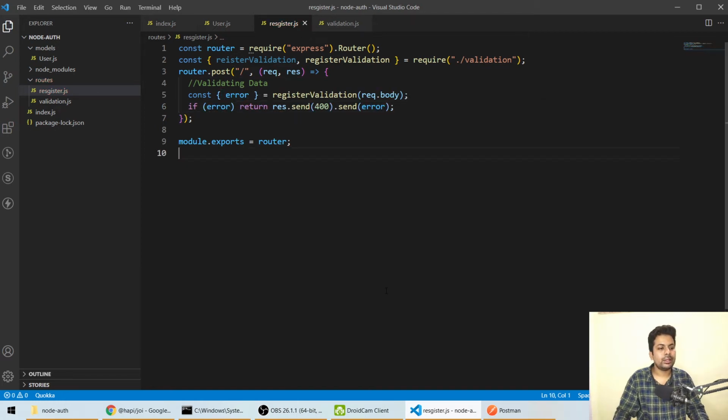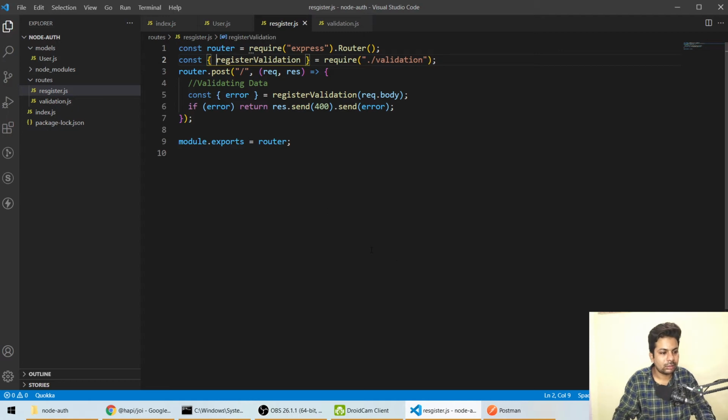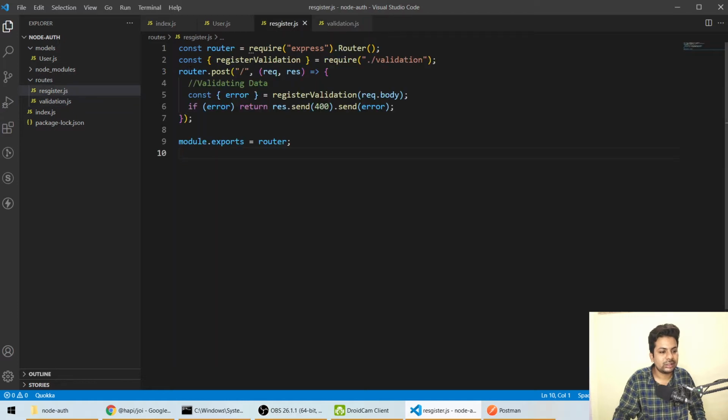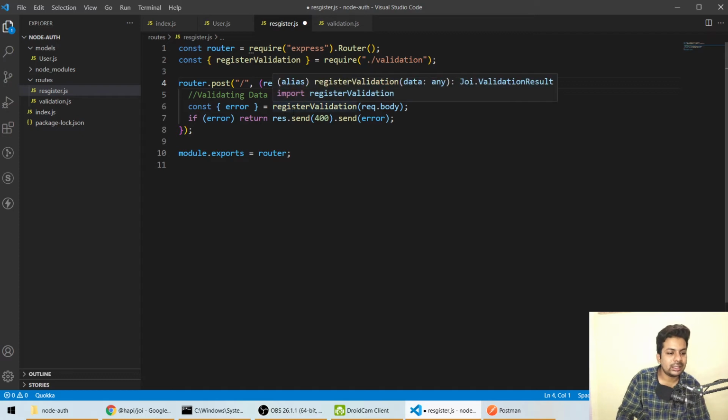So what I'm doing, let me tell you again, I'm just importing this joy function here in the register page. Then I'm sending the request dot body to that function.